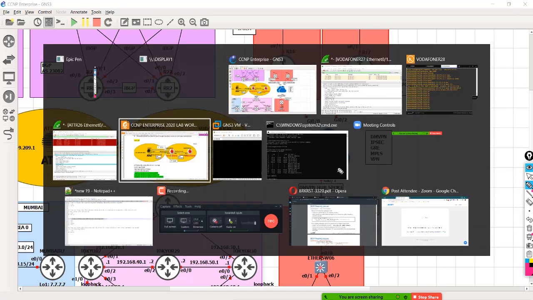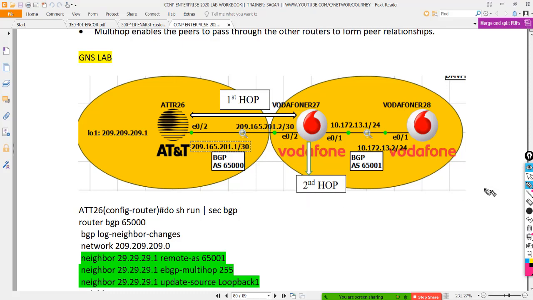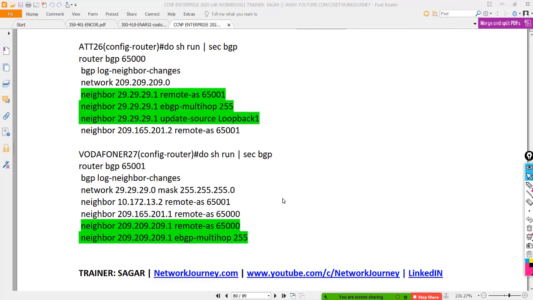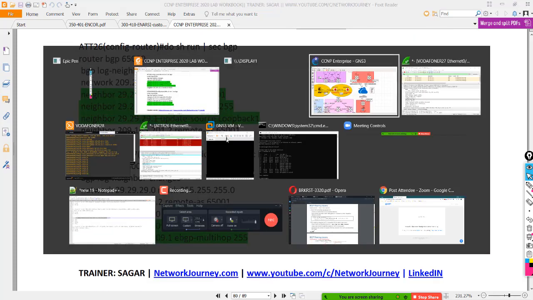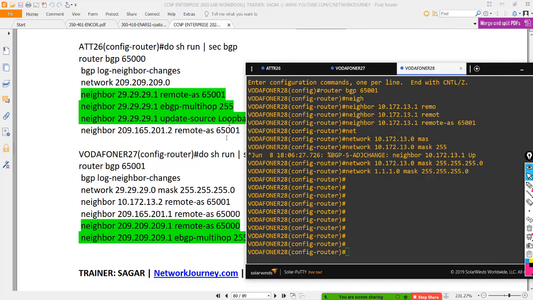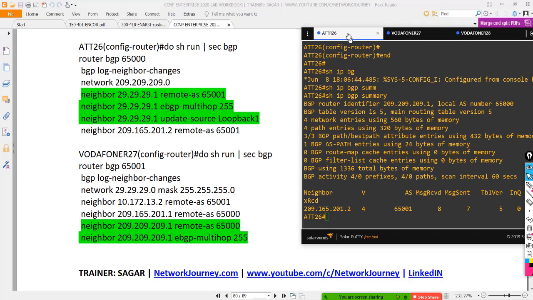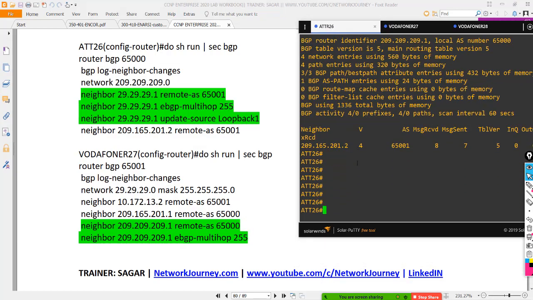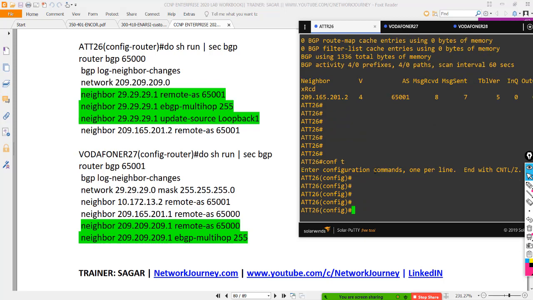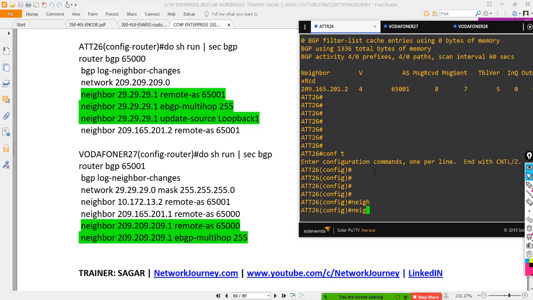So I open my workbook, and I'll show you line by line so that you know how to use this workbook. So I go back to my CLI, and let's say on the first device, that is AT&T 26, I go to conft, I'm gonna build.